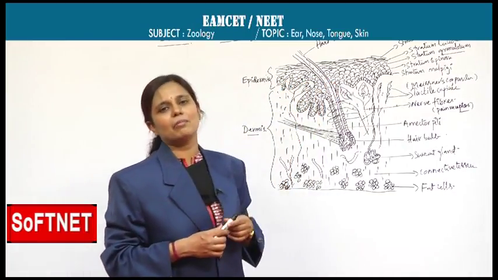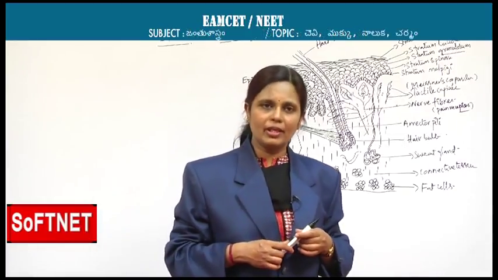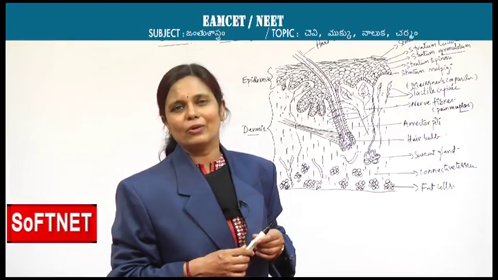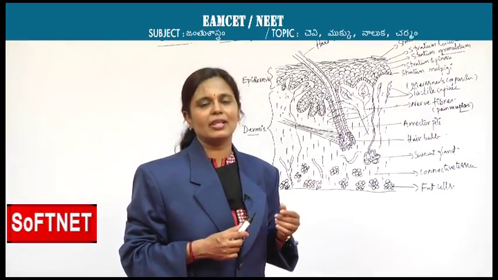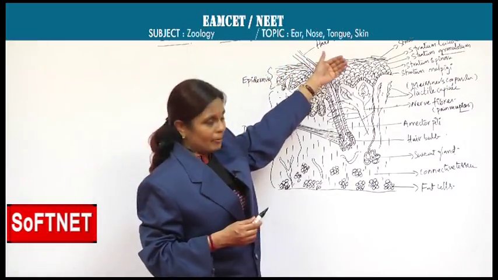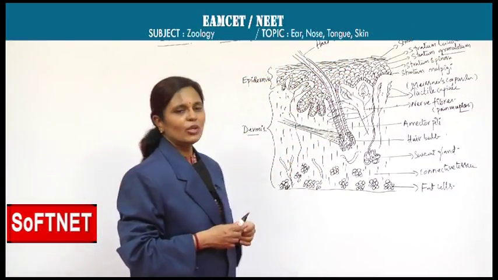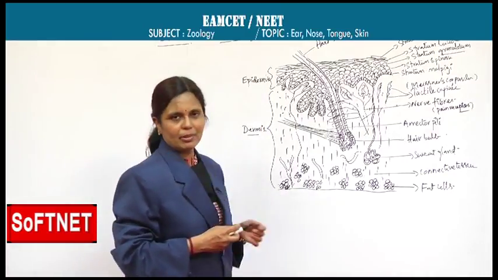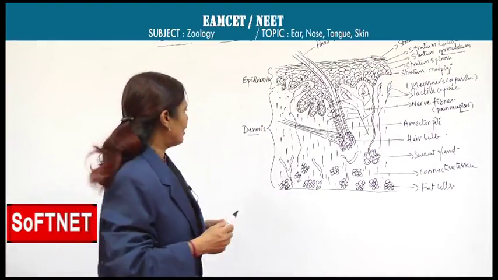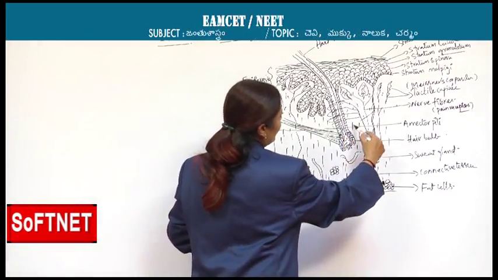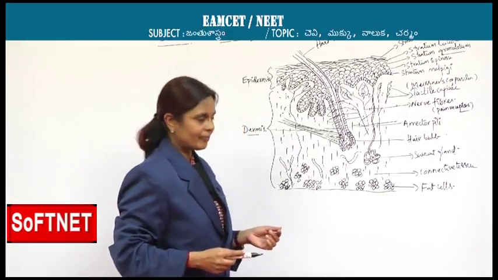Melanophores present in the same epidermis protect our body from the bad effects of UV radiations, that is mostly mutations. And next, below this epidermis we find one dermis. Now, this dermis is basically made of connective tissue and we can differentiate this dermis again into two regions, where